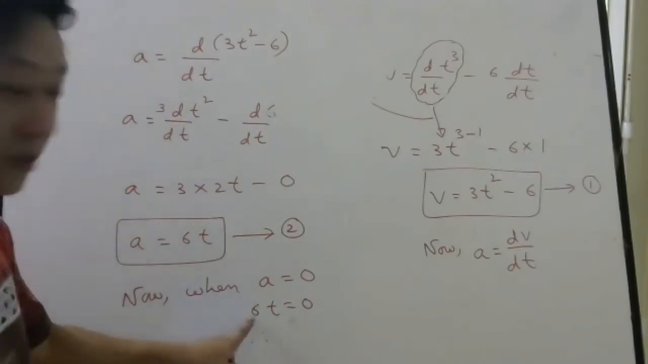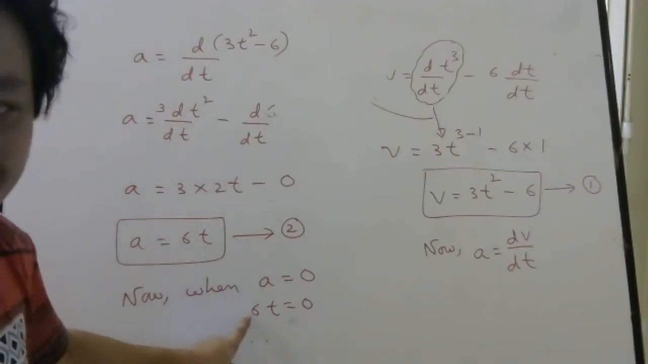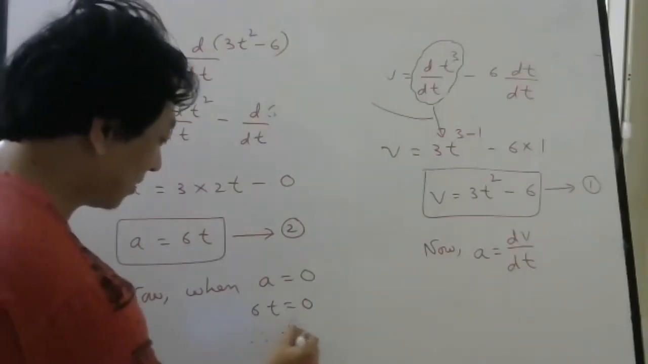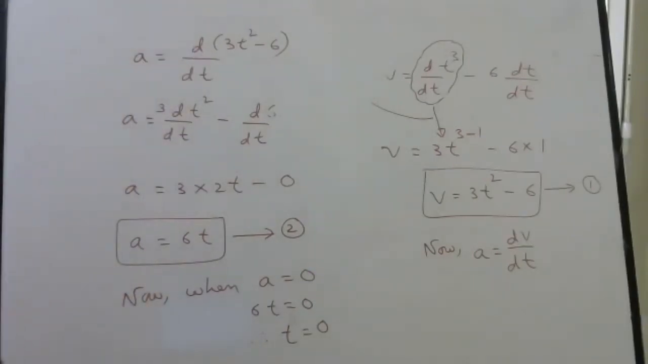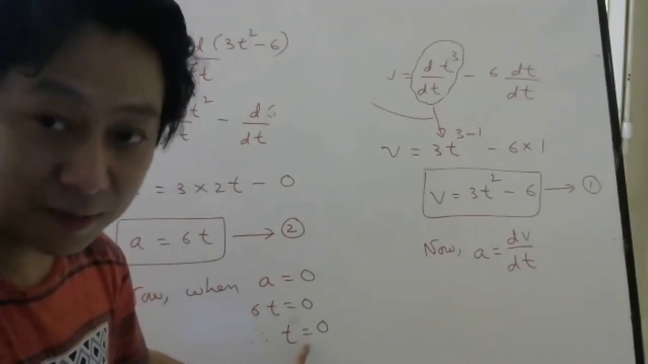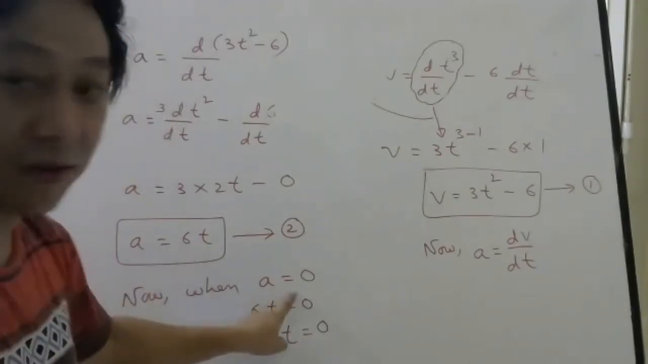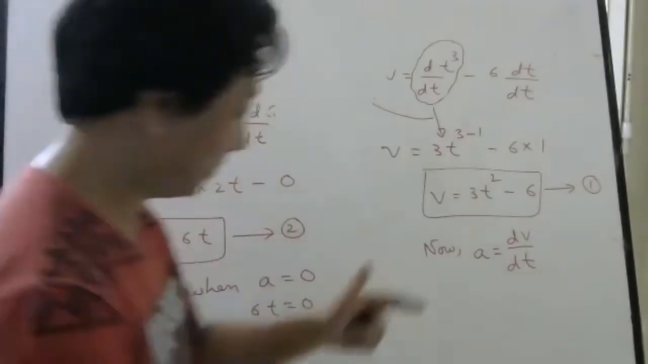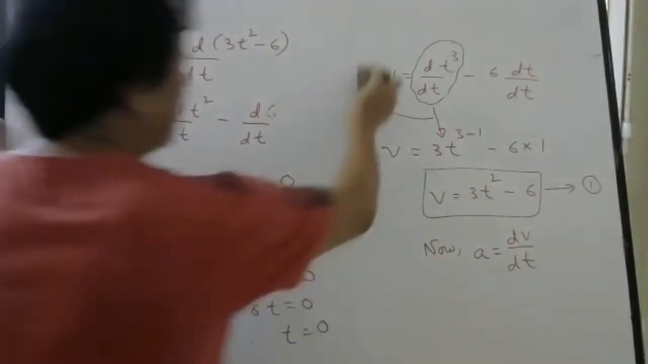Therefore, 6 cannot be 0. 6 is 6 only, no? So t has to be 0. Correct or not? So t is 0. So therefore, we have found that at this moment, acceleration is 0. Put this time here now. Therefore,